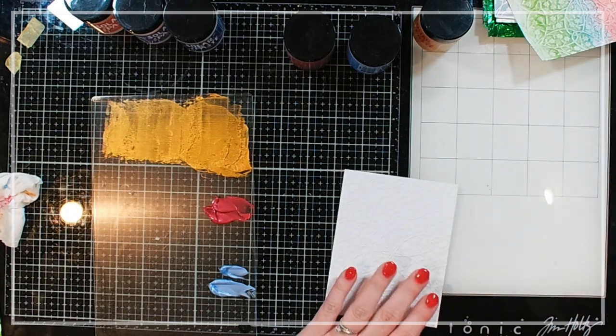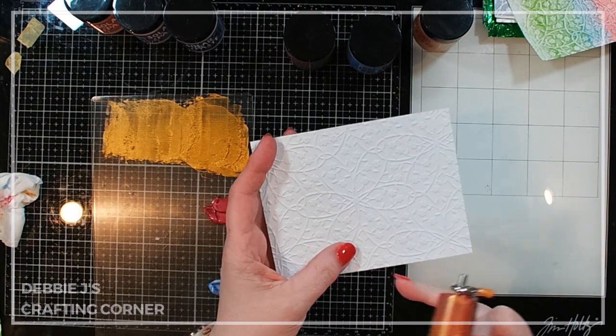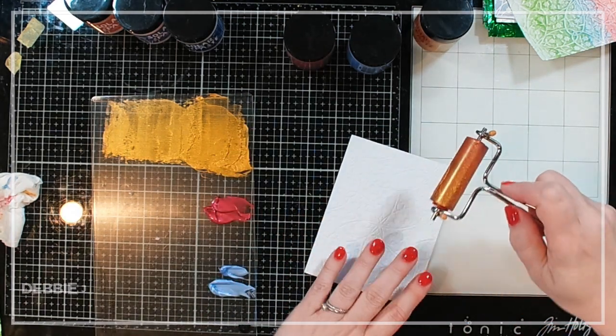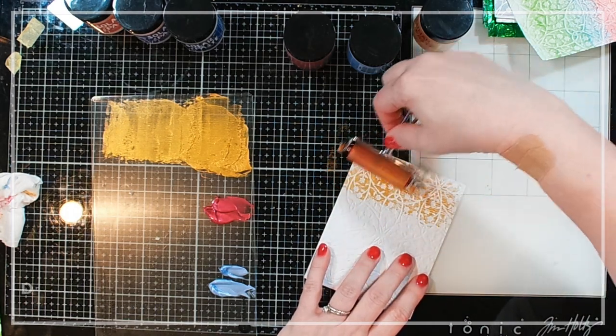Okay, and now I'm just going to start with the flat side. So this is the raised side. This is the emboss side. This one is the deboss side. This is the one where it was all pressed in. So I'm going to go over this lightly, over the top, and you'll see it's going to pick up the